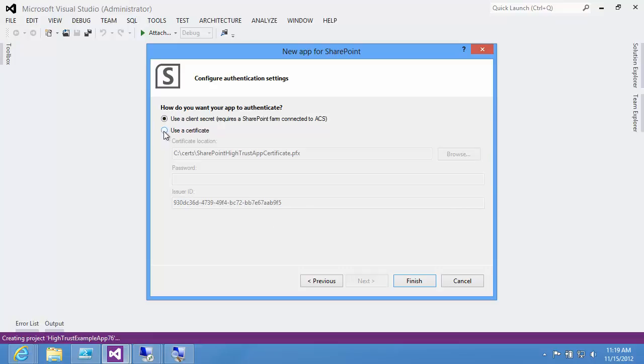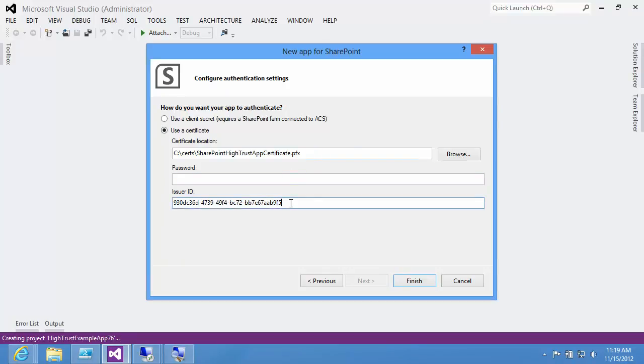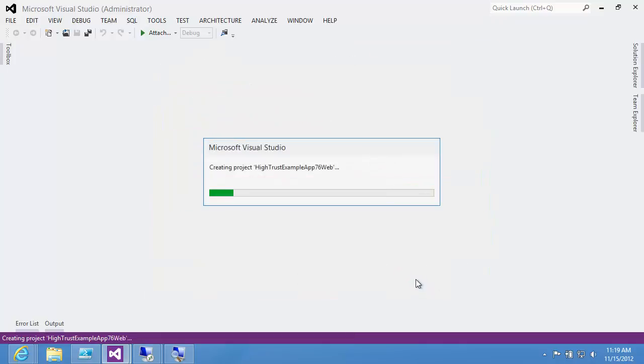And this certificate allows me to point at the certificate that I want to use to sign it. It has an issuer ID that it kind of remembers. It remembers from the last time I tried out this demo. And then it asks me for the password for that certificate, because it actually needs to be able to sign with it. So it uses the password. If I hit Finish,